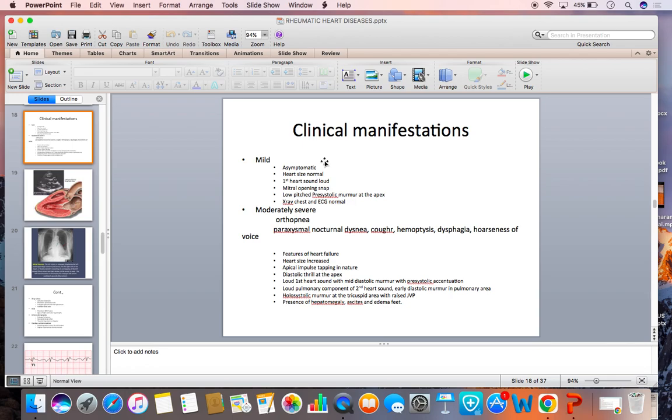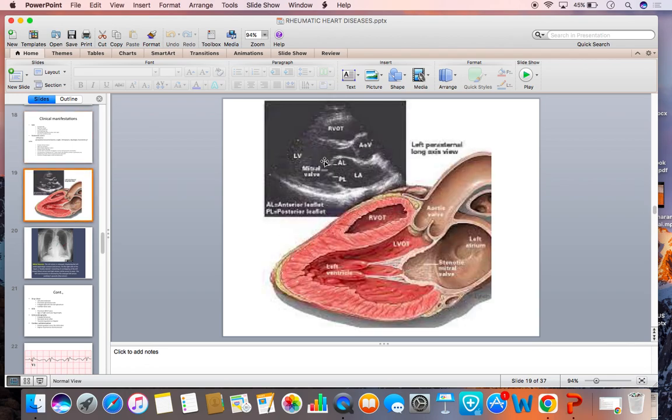Is it clear? Let us see some of the pictures. This is a section of the heart showing the mitral valve narrowing here and an enlarged left atrial chamber. Okay, you see the